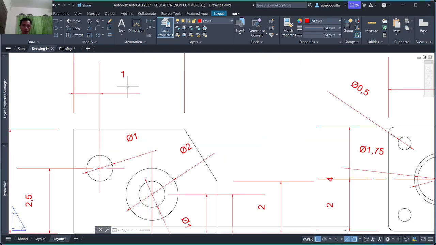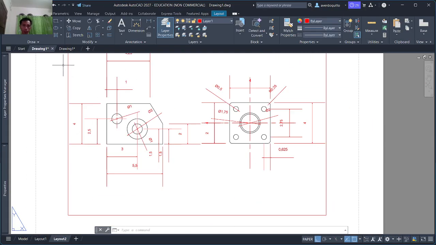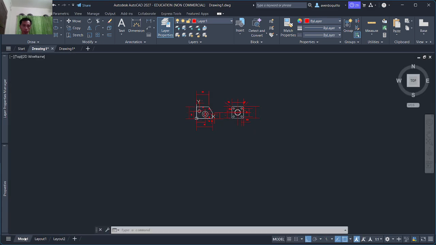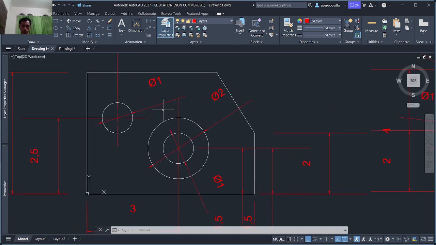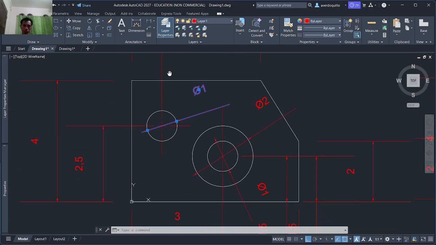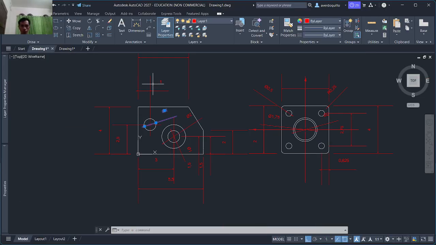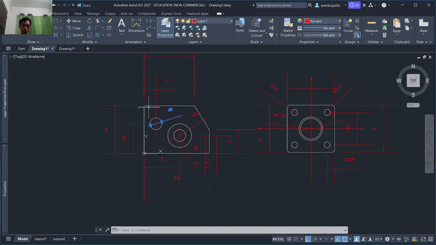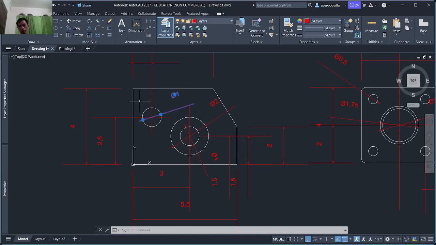So the line from here, let's get back to the model, it's more clear. This first circle here has a diameter of 1. Starting from 1 from one side, but from the other side is 2.5. So you have to offset, or we could use tracking.